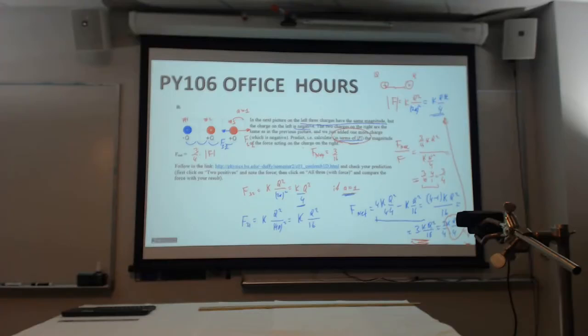Well, but in this case, you can't set A to 1. In this case, you must keep all variables if you use the full expression. Only when you write this force in terms of another force, you could set A equals to 1, you could set Q equals to 1,